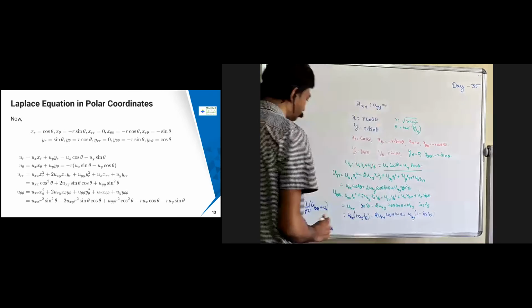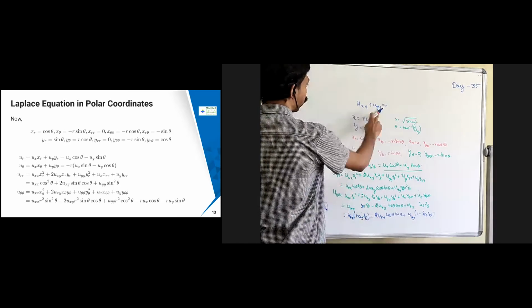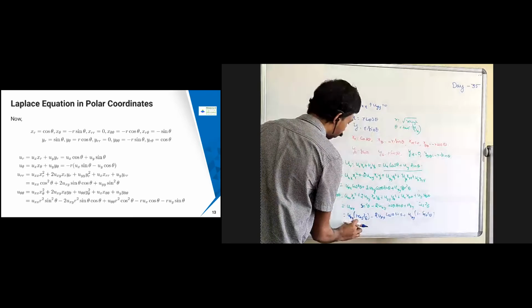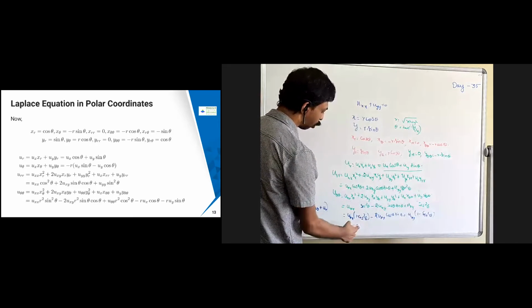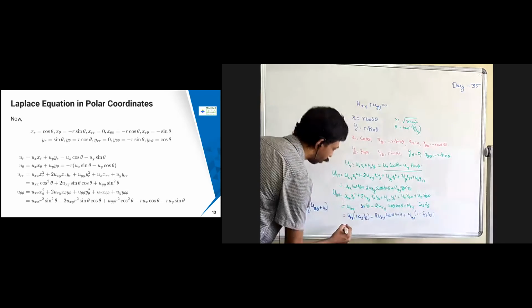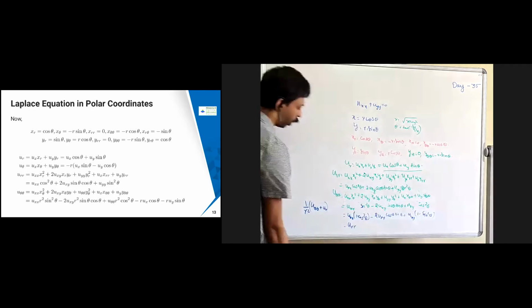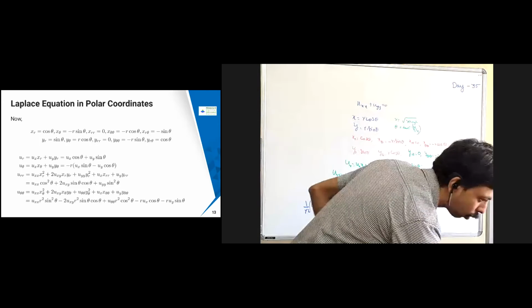So if you just combine this uxx plus uyy, our problem is given uxx plus uyy equal to 0. For these two will become 0. Remaining thing I'm going to get is minus uxx cos square theta plus 2uxy sin square theta etc., which is going to become almost the same as ur. Therefore, you are going to get the equation as follows.